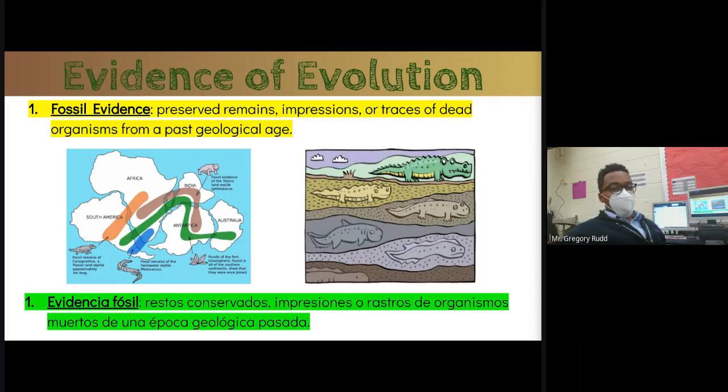So, why is this strong evidence? Well, this is strong evidence because we can find fossils of organisms that are no longer living today, but they show that they have strong similarities with species that do still survive today. So, finding a fossil might bring us closer to making a link between a species that lived 3 million years ago and a species that is still living today. We might find that they have a similar body structure. They might have similar anatomy, and we'll talk about that as well.